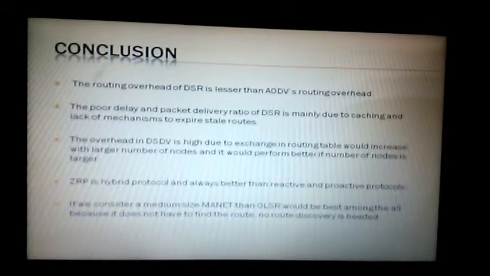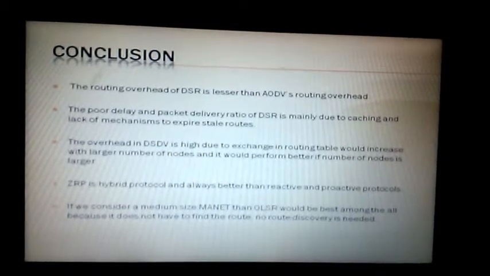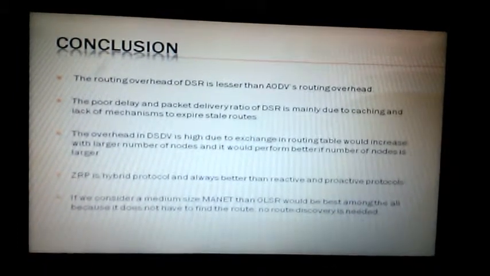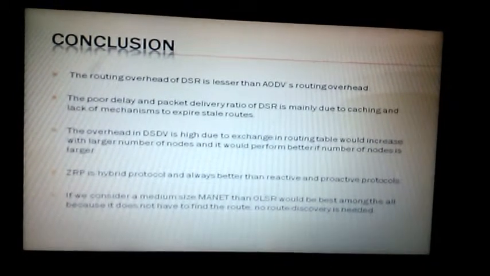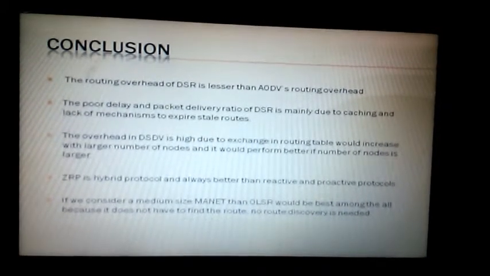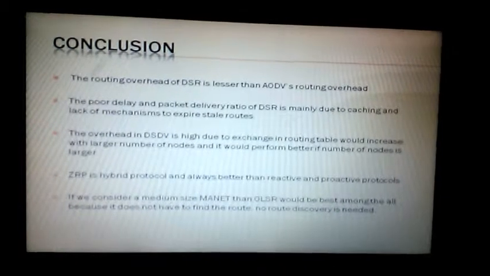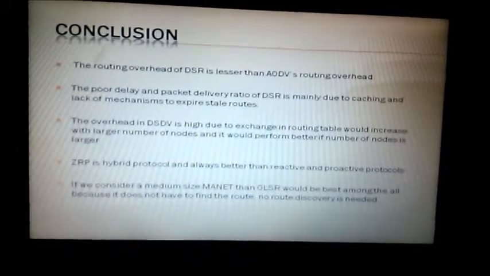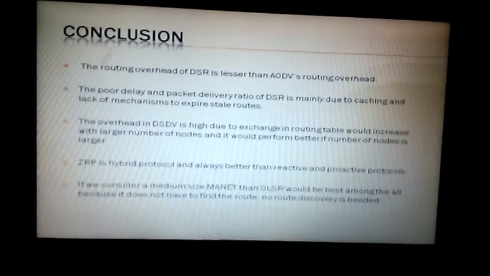Conclusion part of my research paper. First one is that the routing overhead of DSR is lesser than AODV. Poor delay and packet delivery ratio of DSR is mainly due to caching and lack of a mechanism to expire stale routes. Third is that overhead in DSDV is high due to exchange of routing tables. Fourth one,